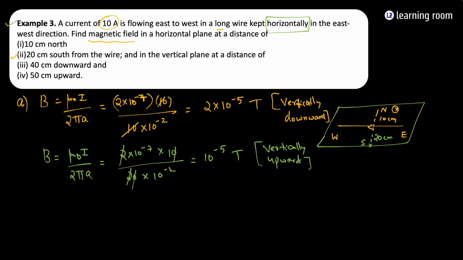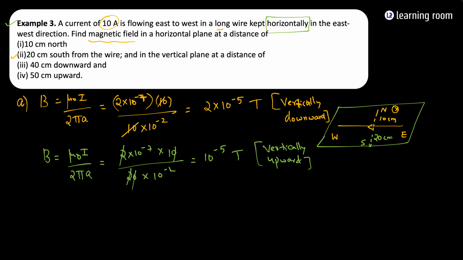Right. So the next question is, in this itself, we need to find what is going to be the magnetic field in the vertical plane at a distance of 40 centimeter downward and 40 centimeter up. So again, we'll visualize it. So if you observe this,